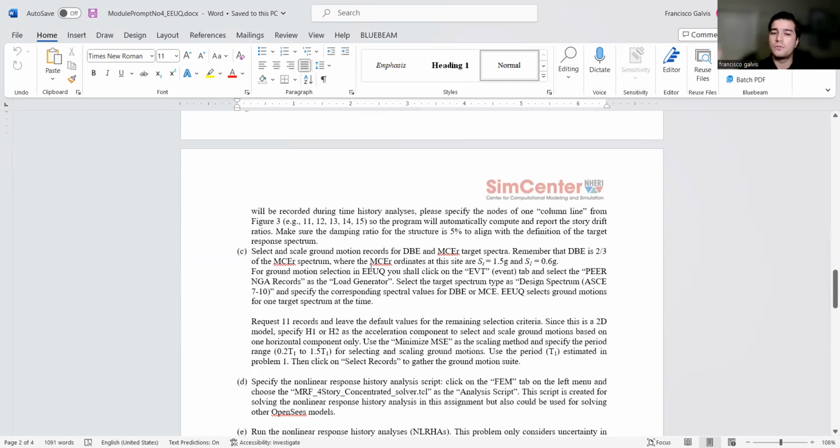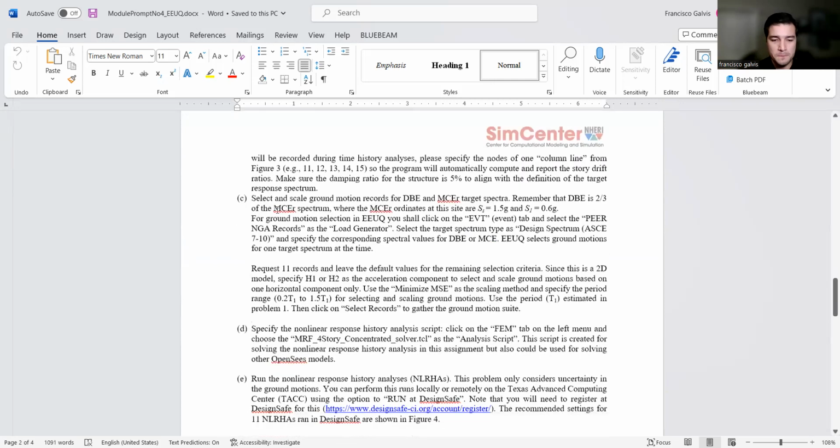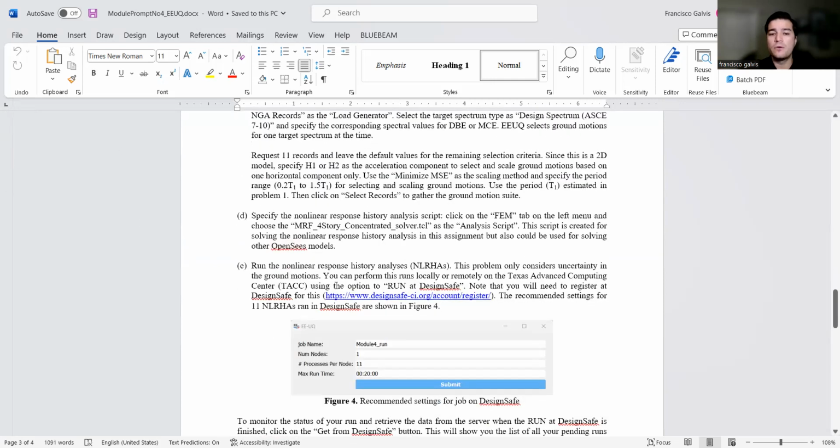We'll select the ground motions, and then we will run the analysis. We could do that locally, running on our machine, or we can also do it in the computational resources available to us through the SimCenter tools on DesignSafe. And then finally, we're going to take all of those results out and look at them, review them and see what is the distribution of the drift responses,